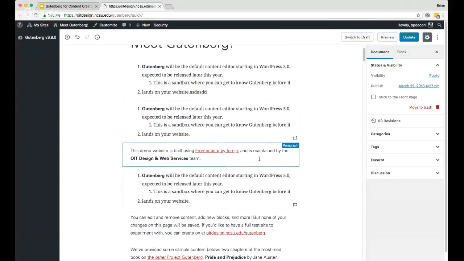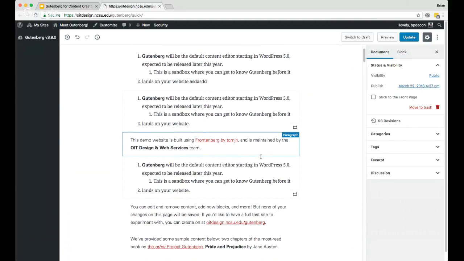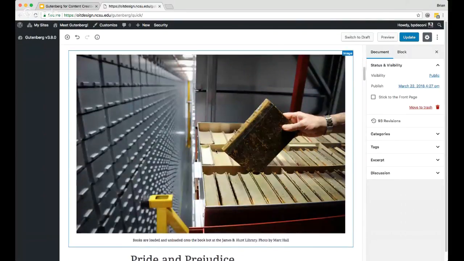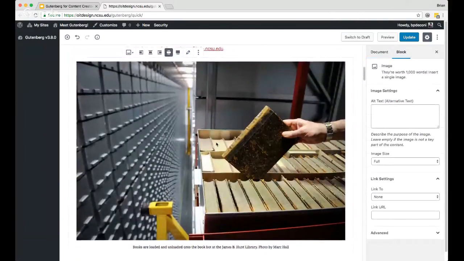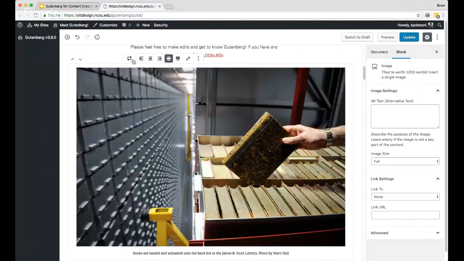A few things that I'd like to highlight. Let's see. So some blocks that I talked about. We have the image block. Again, the toolbar here is slightly different. Instead of having the option to make text bold or underlined or things like that, now you have alignment options